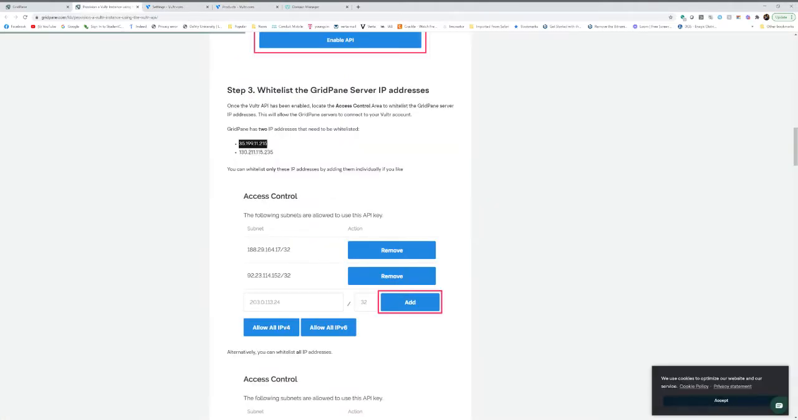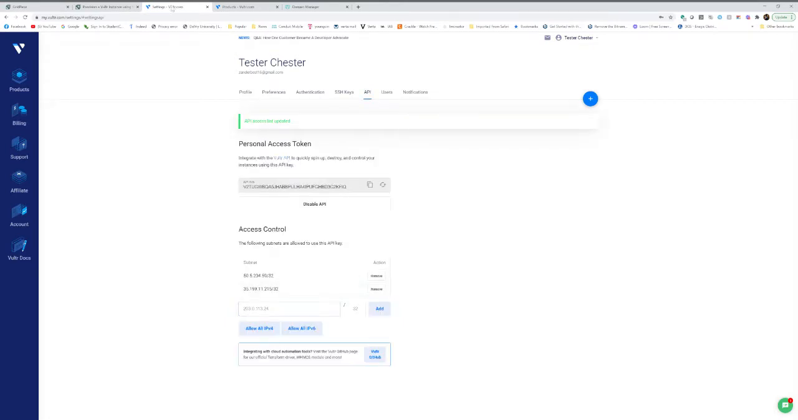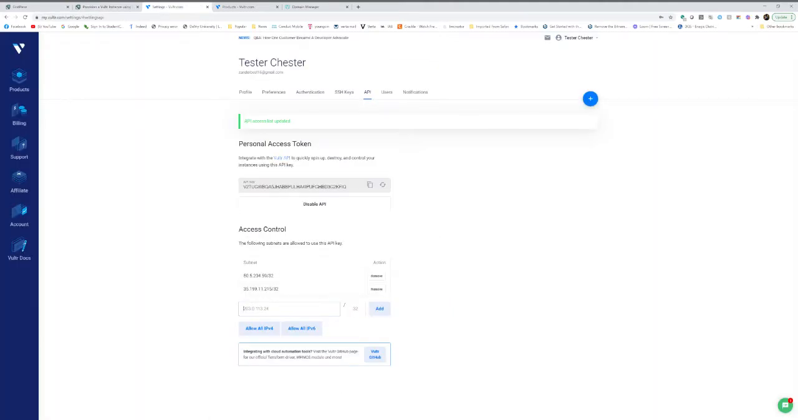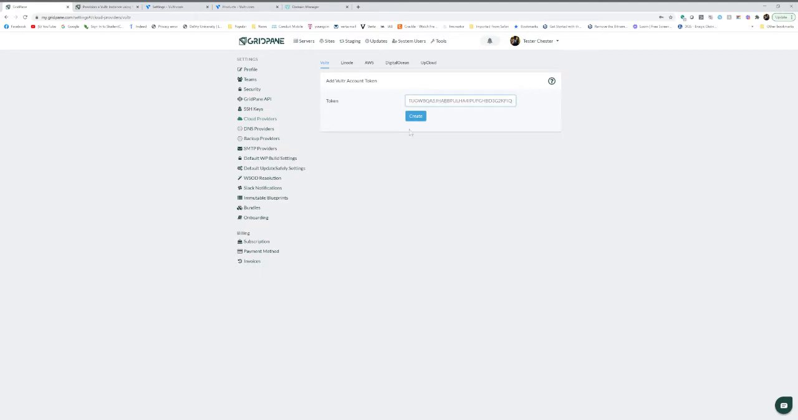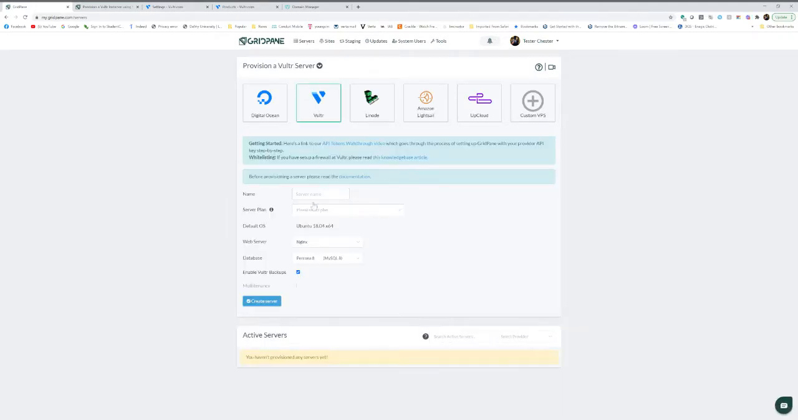So I'm going to copy those here real quick. I'm going to copy this. Let's go back here, paste it, click add. You could just put 32, click add. And let's go back, copy the other one, copy that, and we're going to put that here, 32. So once those two are there, we can copy this API key, go back here, we can actually paste ours in, and then we can go back to the servers page, click Vultr, and voila, we can actually create our